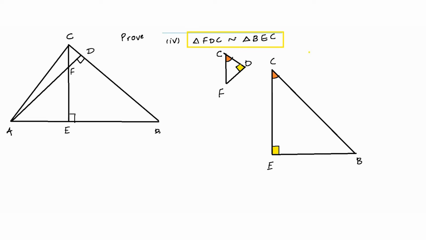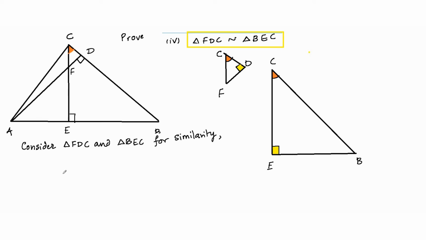So how do I know that? Because if you notice in both the triangles, it is this part of C, angle C, which is getting counted, right? In both the triangles. That is why it forms the common angle. So what I can say is, consider triangle FDC and triangle BEC for similarity,